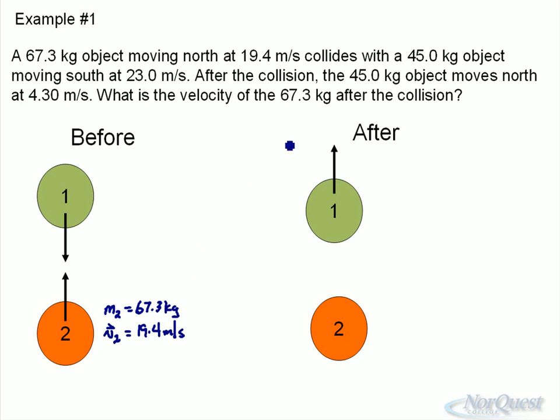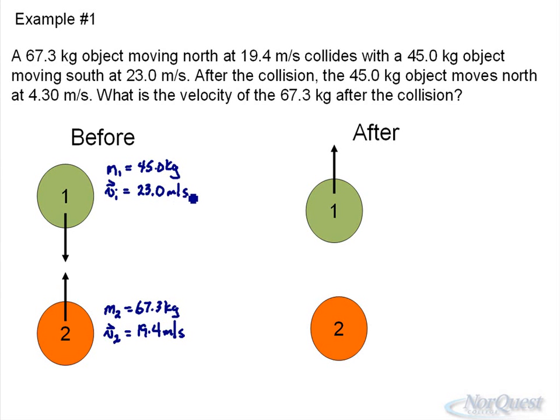It's going to collide with a 45 kilogram object moving south at 23. Well, the mass of object 1 will now be 45.0 kilograms. The velocity of object 1 will be 23.0